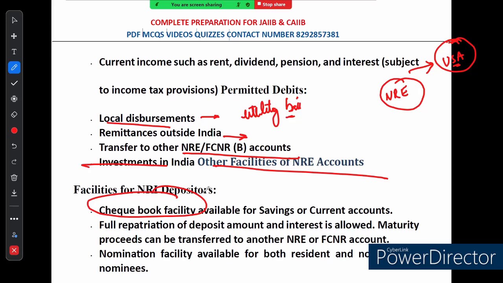Like you can see, facilities in the checkbook deposits, right? So if you have a savings or current NRI account, you will receive a checkbook. This is super handy for making payments within India. The next thing is